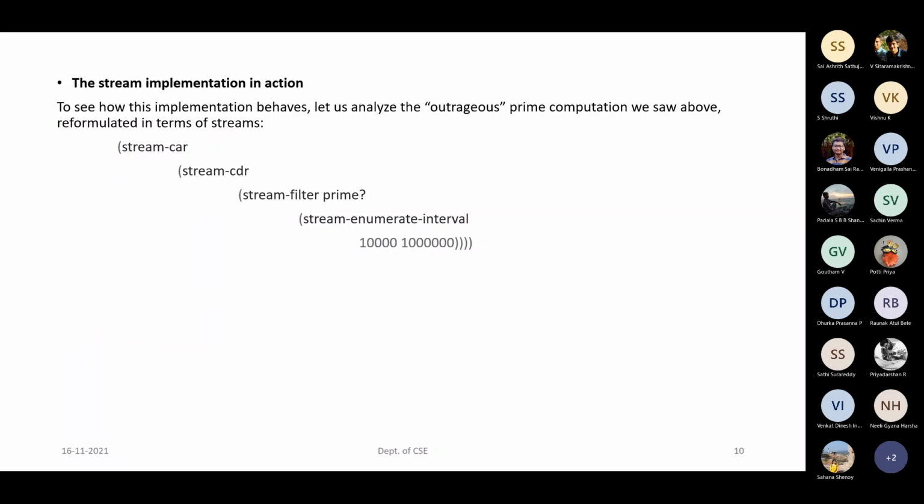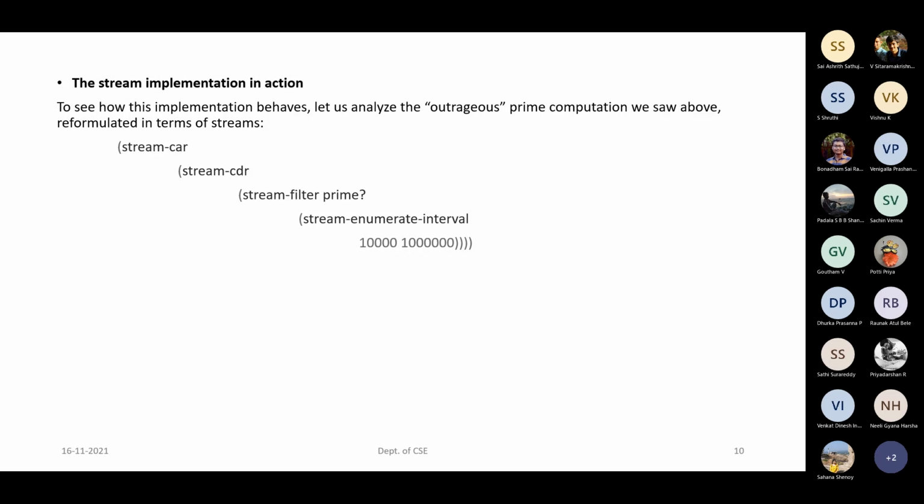With that, we have taken one example to pick up the second prime number from a bigger range of values, from 10,000 to 10 lakhs. Usually when we use enumerate-interval, first we generate all the values. But when we apply stream, we do not generate all the values from 10,000 to 10 lakh. Instead, we generate the first content and apply a delay for the remaining contents and keep it there. Only if required will it be applied.